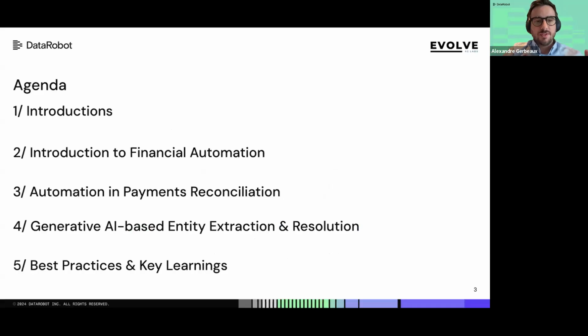And then Abdul will start into the meat of the presentation because it's in the space of financial automation. We thought it would be good to also reintroduce you what financial automation is. And then we'll drill down into the use case, which is a payment reconciliation use case. So Abdul will share about some of the challenges that this customer has faced and how he used generative AI to address those challenges. And I think the most exciting part to me is the best practice and the key learning that Abdul will share back to you guys from his journey of learning, also different approaches for this solution. So I think there's lots of interesting stuff there.